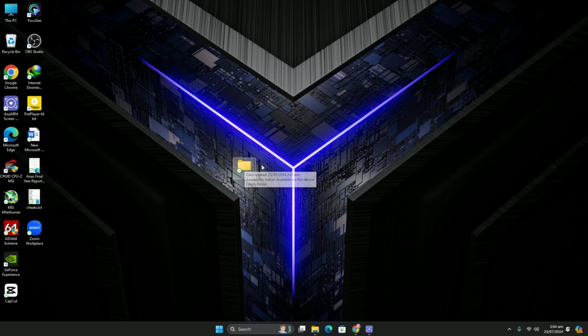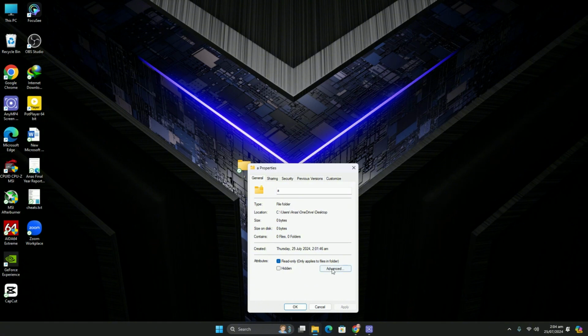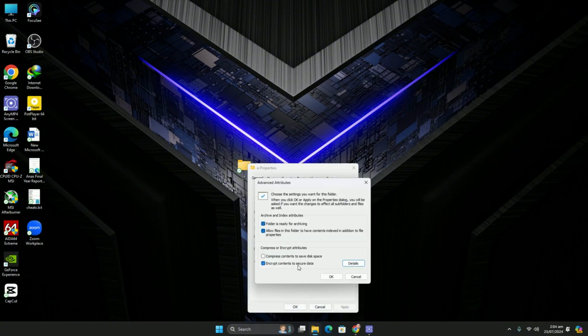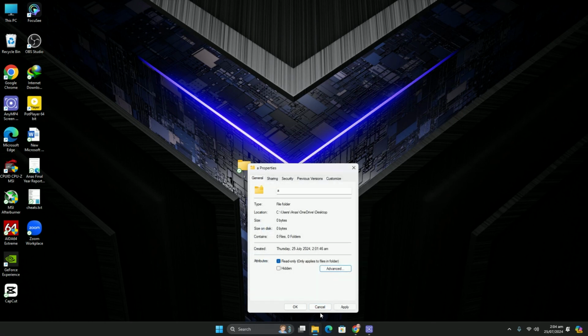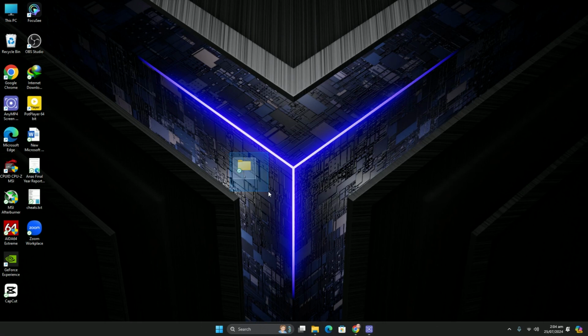From your side, you can see your folder will be displayed with the lock icon here. But here, I don't know what happened. I'm doing the same steps again, hitting this option, hitting OK, and then Apply. After applying, you will be able to see the lock icon next to your folder, and you can protect your data with the help of this feature in Windows.